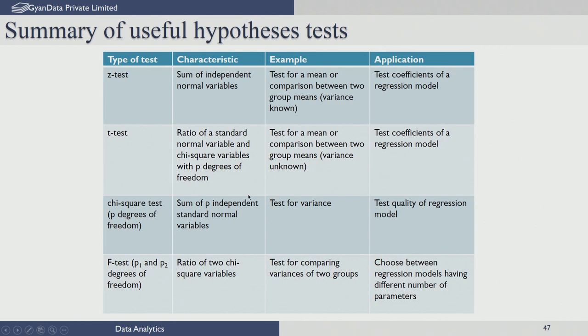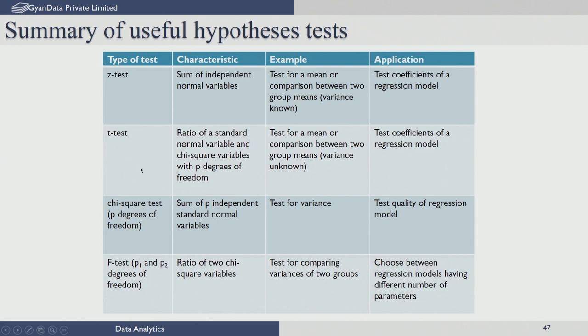In summary, I want to just go over some of the standard tests that we use in hypothesis testing and see where they are useful. So, the z test, whose statistic is a standard normal variable, is typically used for testing the mean or a comparison between two means when the variance of the population is known. The application of such a test is usually found in testing whether the coefficient of a linear regression model is